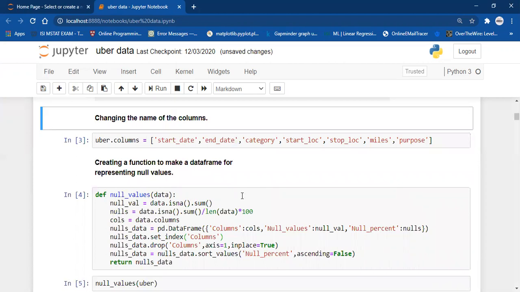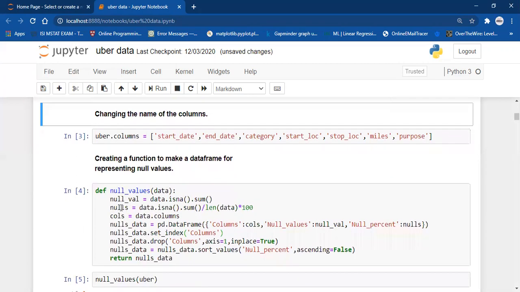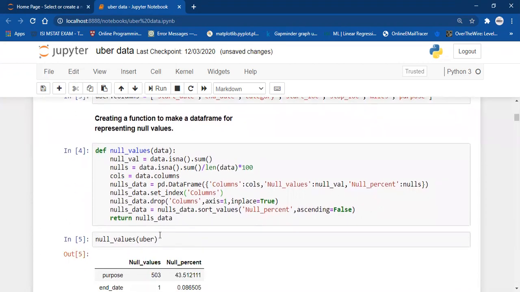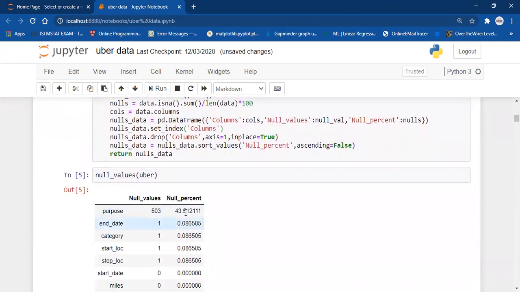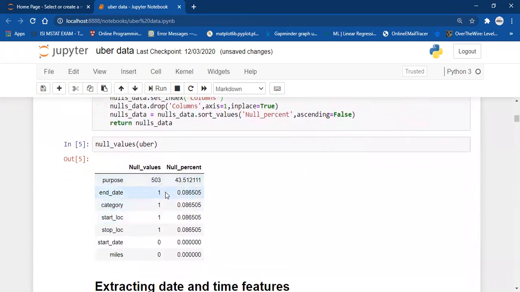Then, first and foremost, we want to clean the dataset, and we want to know the number and percentage of null values in the dataset. You can create a function like this, and this function will work on each and every dataset. If you run the function on the dataset, it will give out a data frame which has the column names as the index, and then two columns, null values and null percent.